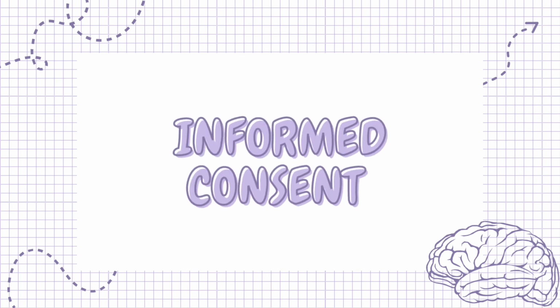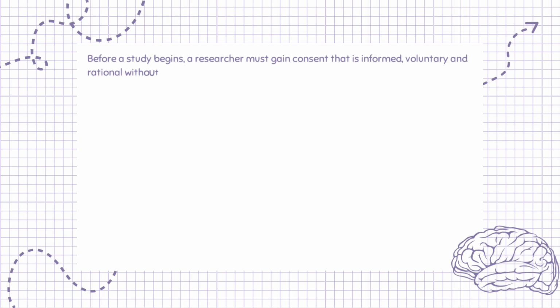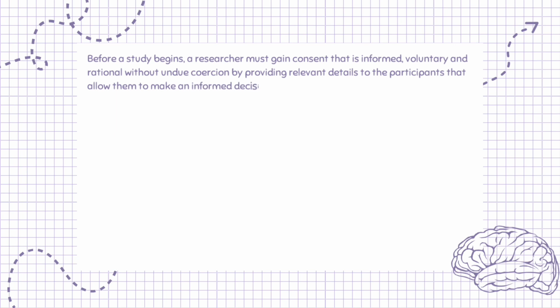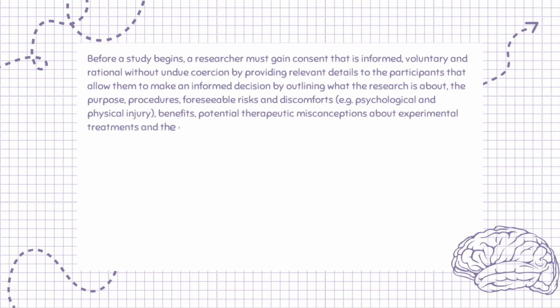Informed consent. Before a study begins, a researcher must gain consent that is informed, voluntary, and rational without undue coercion, by providing relevant details to the participants that allow them to make an informed decision, by outlining what the research is about, the purpose, procedures, foreseeable risks and discomforts, e.g. psychological and physical injury, benefits, potential therapeutic misconceptions about experimental treatments and the right to refusal, confidentiality, and withdrawal without